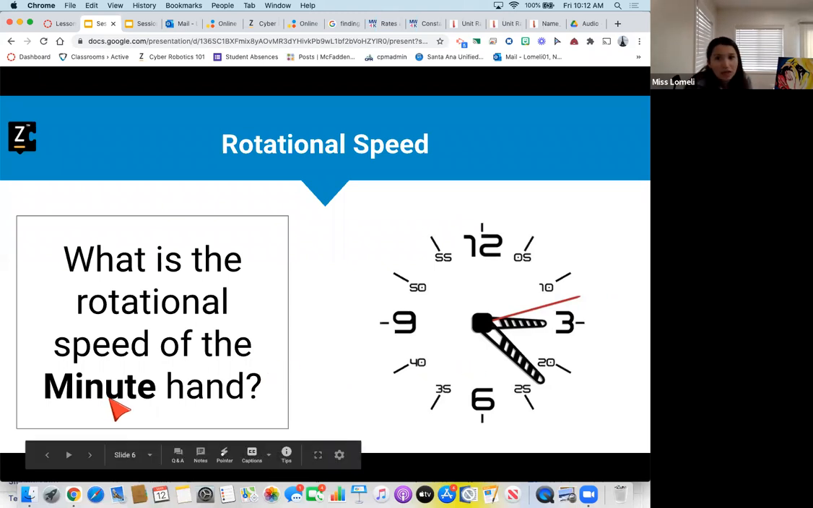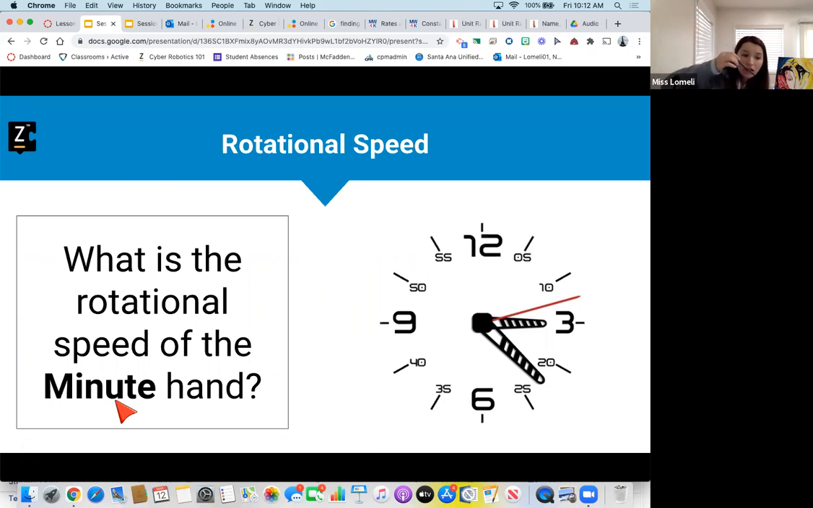The minute hand, again, still goes in a full circle, right? But the minute hand takes 1 hour to go all the way around the circle, right? So for the minute hand, it would be 360 degrees in 1 hour or 60 minutes. So it's 1 degree per 10 seconds. If we did the math, 360 to,